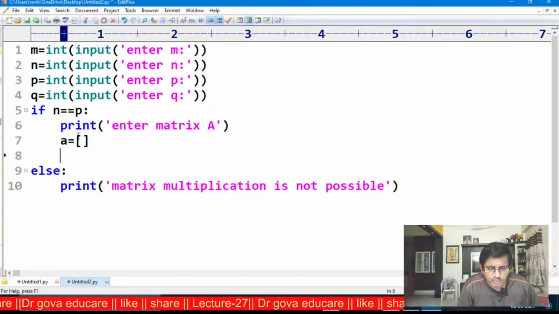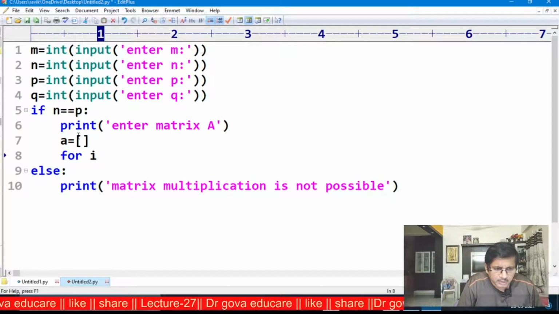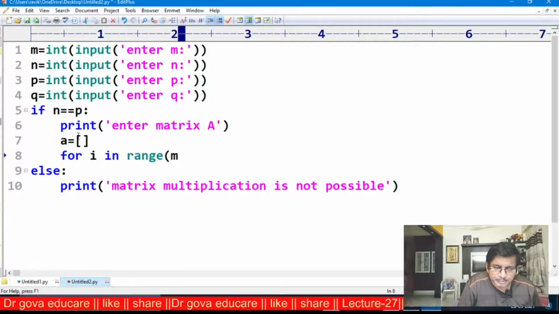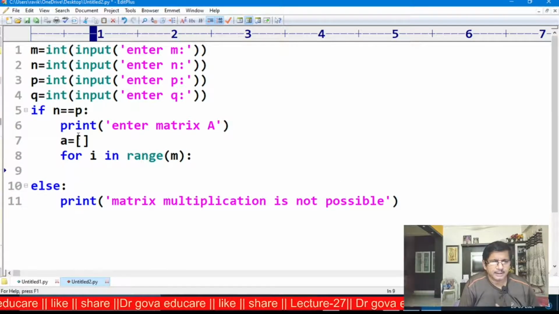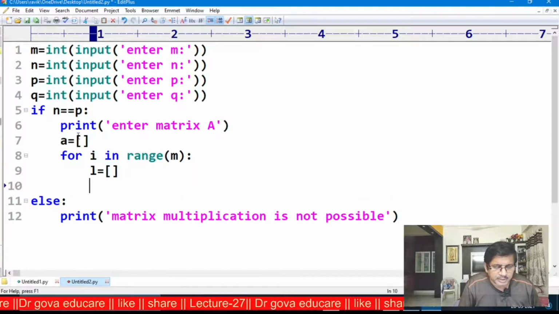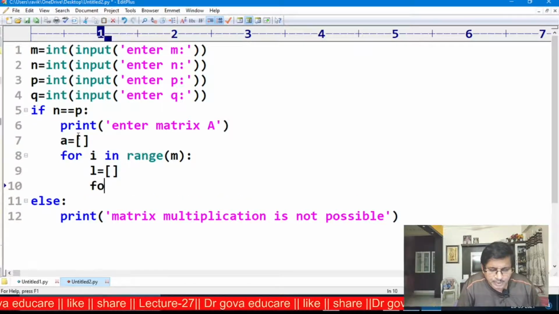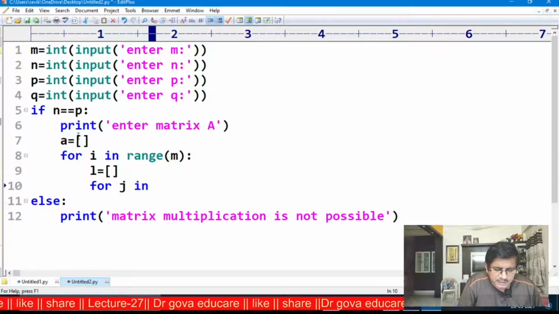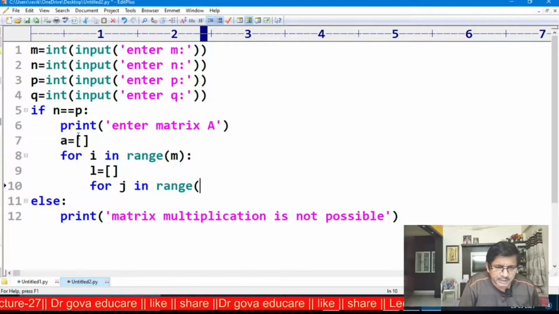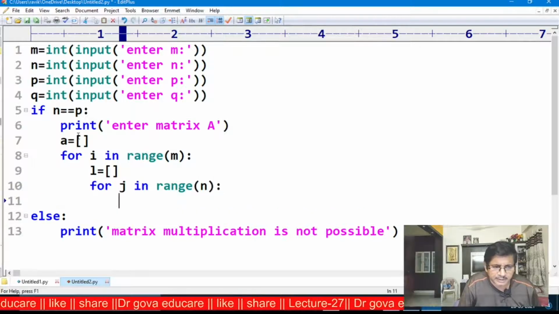For the first row, for I in range M. Now I am creating L is equal to an empty list, for J in range N.